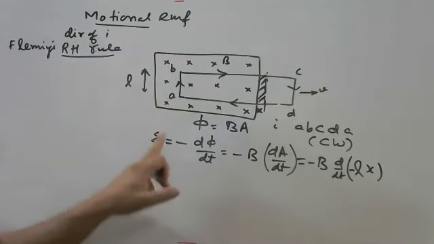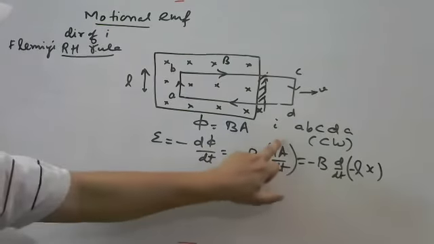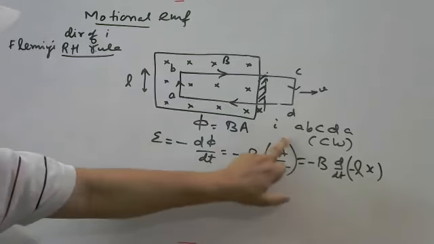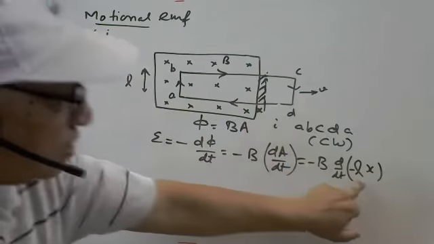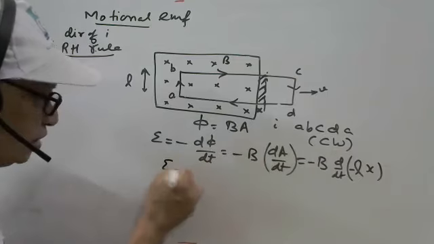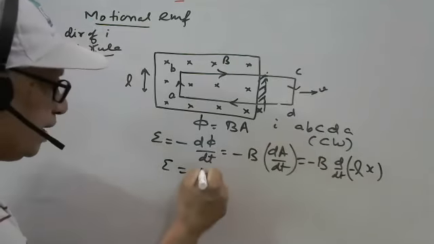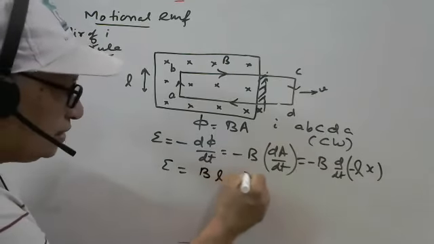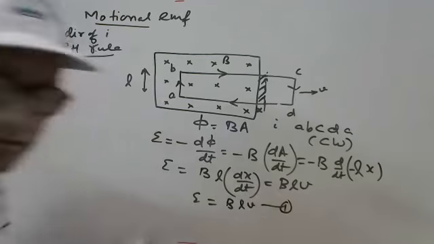Just say this is the equation, E is equal to what? Minus d phi by dt. Phi is replaced with BA, B is constant, A is inside. So what is area? Length into breadth, but it is decreasing, so I am taking the minus sign. It means induced EMF will be minus and minus becomes plus, so BL, and what is it? dx by dt, it is the velocity. So the formula here is BLV. So induced EMF formula is BLV, question 1.